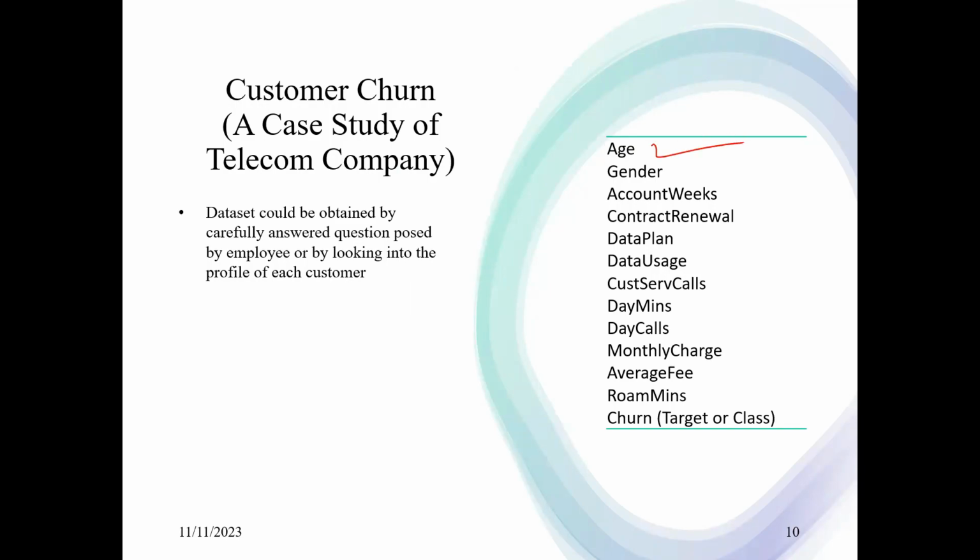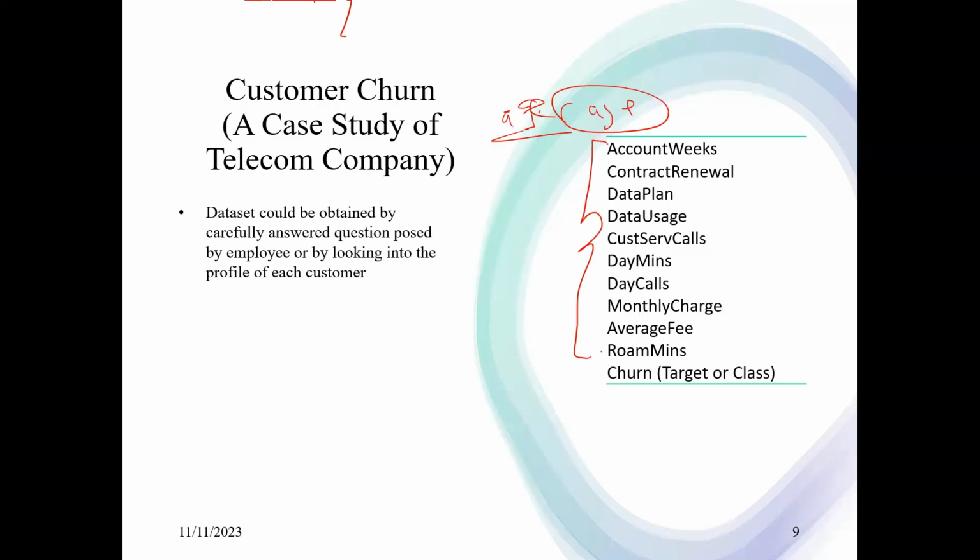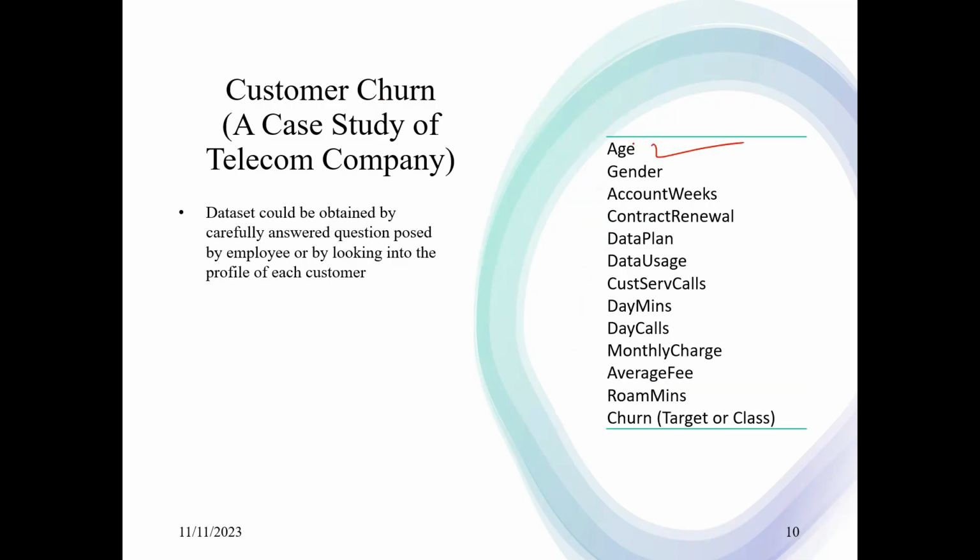Because you, as a machine learning model developer, have a very big role to play in guiding the client to know which information is important. You have to think together, and using your experience of what you have done for people before, you can make suggestions to them. Those were the variables they were thinking about: the account weeks, the number of weeks the account has been active, contract renewal, data usage, customer service. But they never thought about the issue of age, which to me is very important. Age can go a long way in determining the customer that might leave or might not leave.